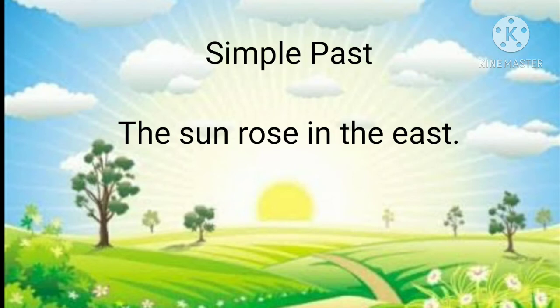In present, we have written the sun rises in the east. Now in the past, that rise has become rose, R-O-S-E. So that verb changes in the past. So from this verb rose, we know that it was done in the past time. So this is in the simple past. So we say the sun rose in the east. So this sentence is of the past time, that the sun had already rose in the east yesterday. So this is showing something of the past.